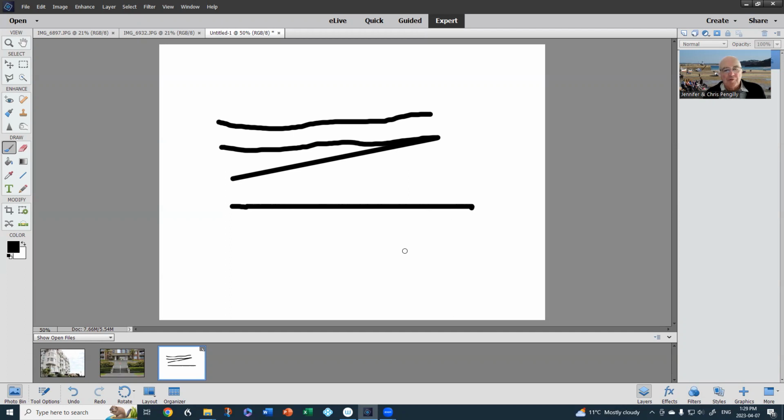Now, if you're not careful, you hold down the Shift key, the line will chase you. But in fact, if you come over here and you press down the left mouse key, and now the Shift key, and you get a nice straight line. Okay, now we'll go back to the beginning for a moment. It's also useful for